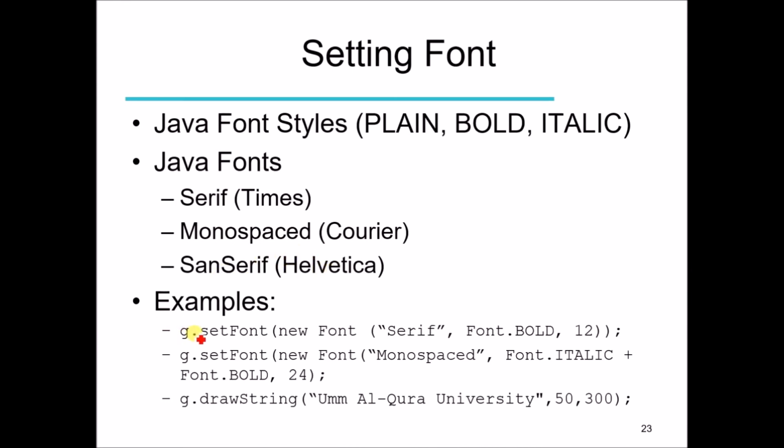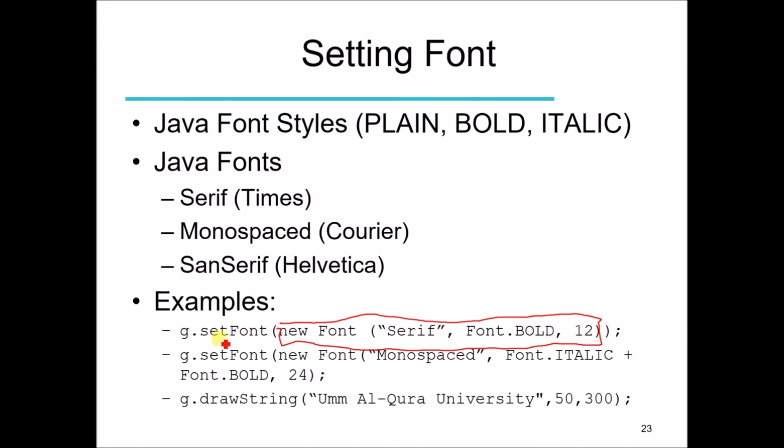So how can we set the font? Like we have a method setColor to set the color, similarly we have a method setFont. We call this method with a graphics object inside the paintComponent method, and then we are passing the values of the class Font. We are creating the object of the class Font, right now an anonymous object. So all of these statements are a parameter of the method setFont.